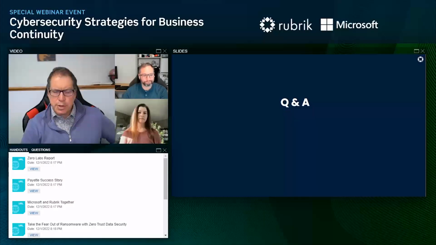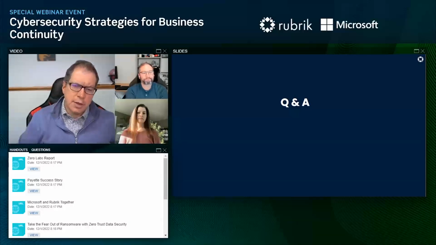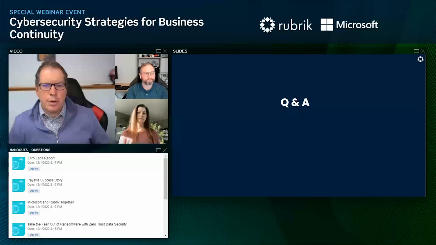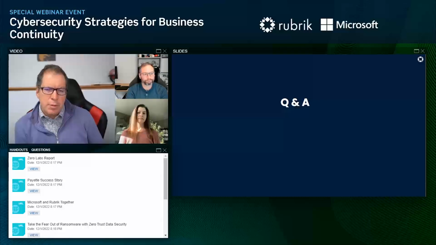This next question comes from Dave, and he's raising a challenge that a lot of people are struggling with. Even though the backup is immutable, how does that prevent the backup from actually backing up bad data? If you're not aware you've been hit with ransomware and the backup is running, wouldn't it back up the encrypted data and possibly the virus itself? What do you tell people about that?